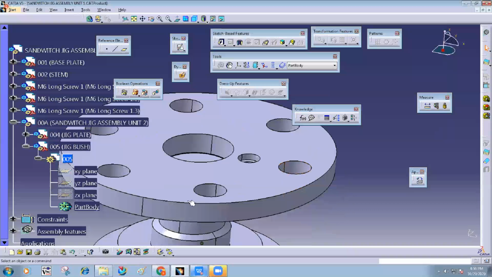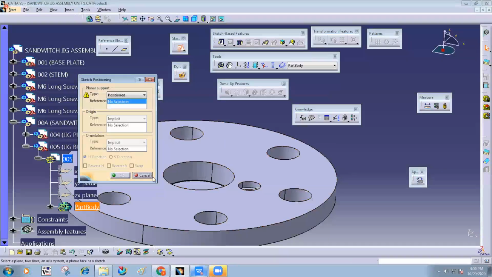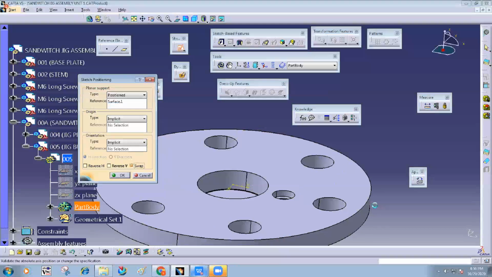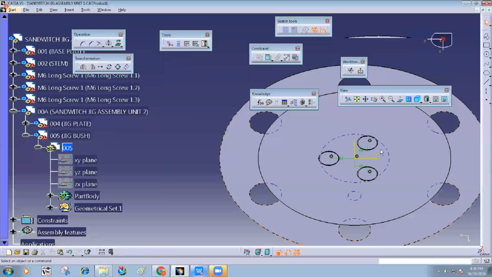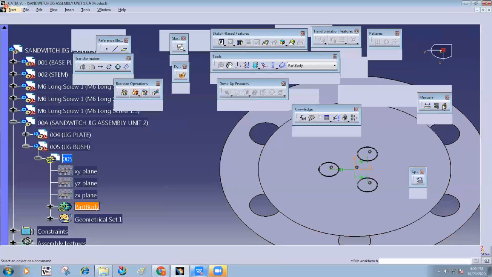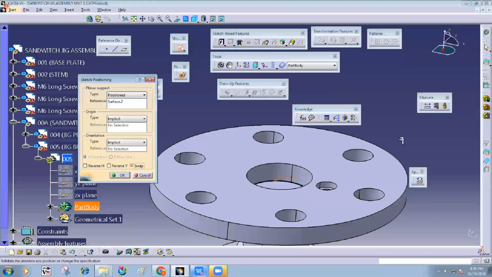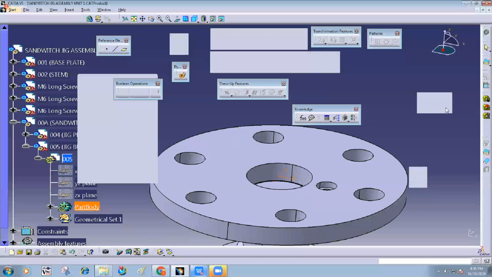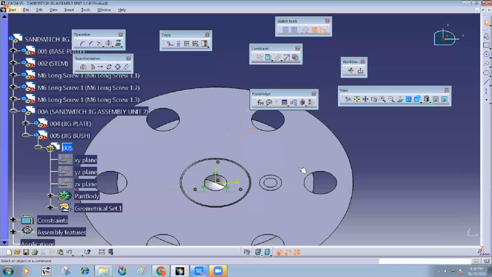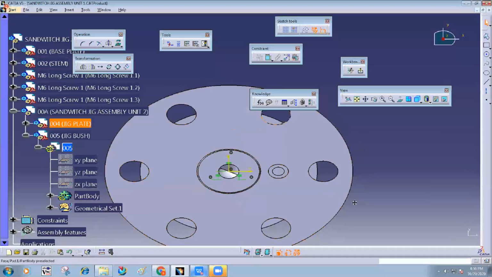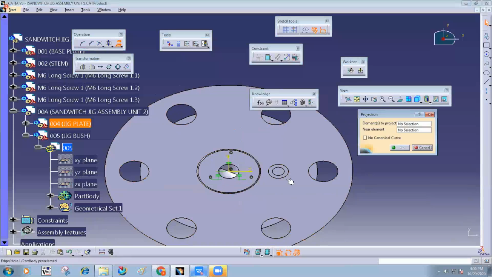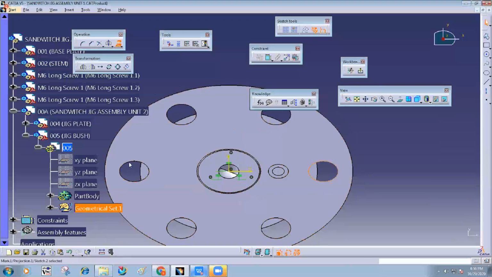So I take this sketch, take this face. Go back to this. This is horizontal, yeah, vertical. Now it is correct. Now you take this project option, select this.